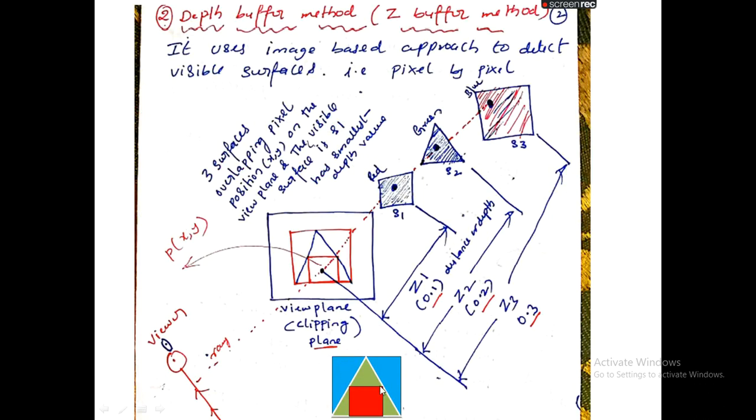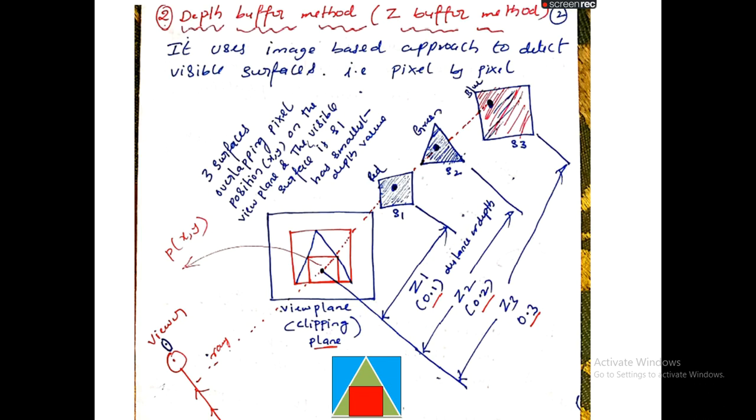So this is the outcome of the Z buffer algorithm. This is the input and this is the output. Like this we are applying the Z buffer algorithm. I want to repeat once again: the Z buffer algorithm will use scanline also. Just go through the scanline video lecture. You will get what scanline is, and how the processor will use the scanline algorithm to fill the color inside the visible surfaces.